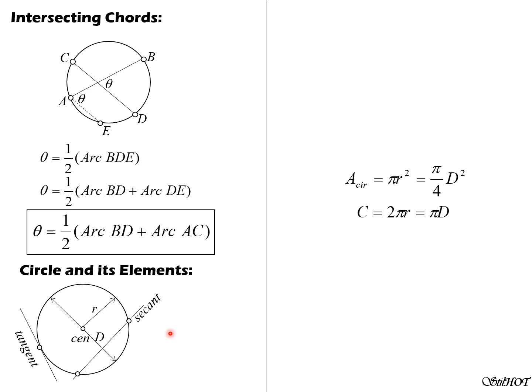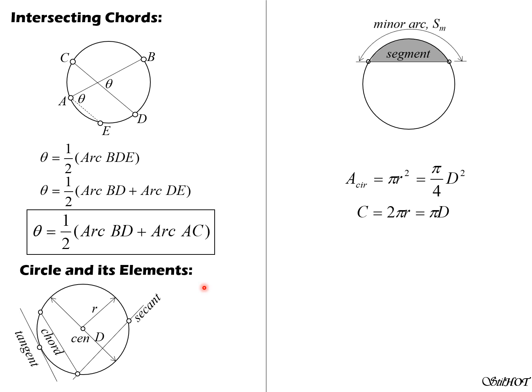If it crosses, we call that a secant line. If it goes end-to-end on the arcs, that's a chord. The longest chord of a circle is the diameter. So that's the definition of the diameter, the longest chord of a circle. Then for other elements, the shaded portion is called the segment of a circle, and it subtends that shorter arc. The other arc is the major arc. So we have radius, central angle theta. Then this is 2 pi minus theta.